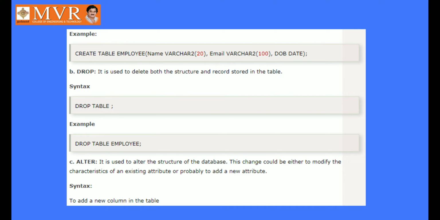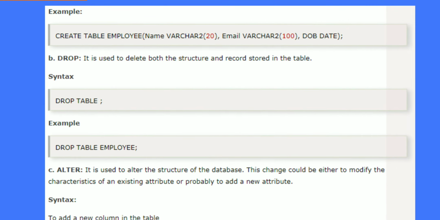So, create table employee. Here I am giving an example. Create table employee, bracket, name varchar2(20). Here varchar means you can take characters with numbers also, and the maximum size is 20.